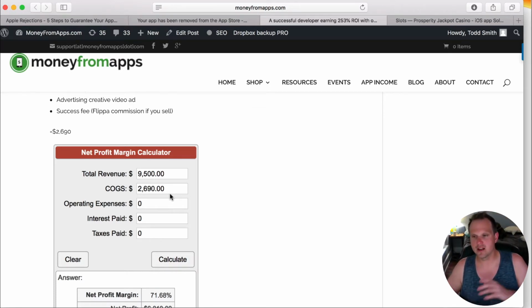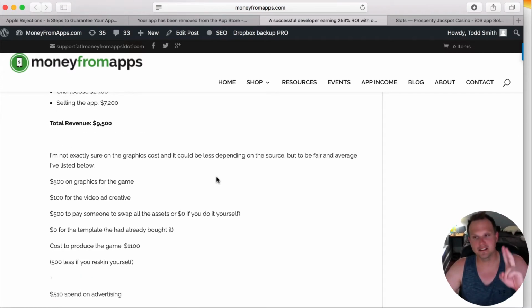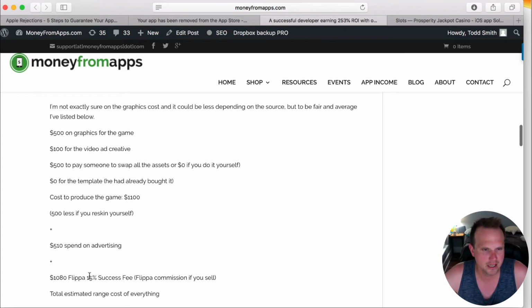For a newbie, I left this out, and we can't help you on the first one, but probably the easiest thing you can do is buy an app that's already profitable from a guy like this. The second thing is probably to do a paid emoji app, because the design costs and the development are almost nothing compared to other apps. And then third is casino, which is a little higher development cost, or if you do it yourself, it'll be very low. The design cost is a little more, but it's not a crazy amount.